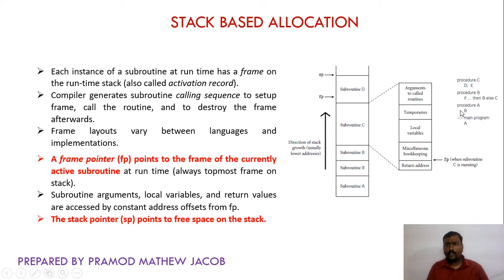So in this program, for the main program A, a stack frame is created for A. Inside A we are calling B, a stack frame for B, and inside that we are calling the function C and D. So likewise the stack grows upwards. Remember, the memory locations will be like, if A is stored in 1000, then subroutine B will be stored in 900 or 950, something like that, because the stack grows downwards.